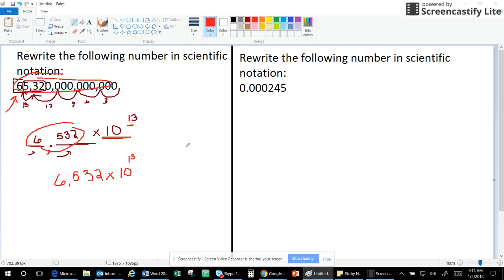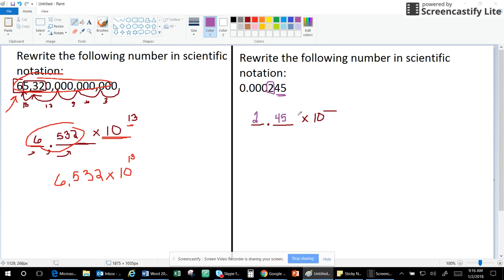Okay, so just like before, you guys know me, I like to have a process, and I follow that process. I know scientific notation is going to look like this, and I got to fill in those blanks. So one digit before the decimal place, first significant digit is the 2, and then everything else goes after the decimal point. So this would be 2.45 times 10 to some power, and I got to figure out how many spaces I moved or how many jumps I moved the decimal place. So there's 1, 2, 3,